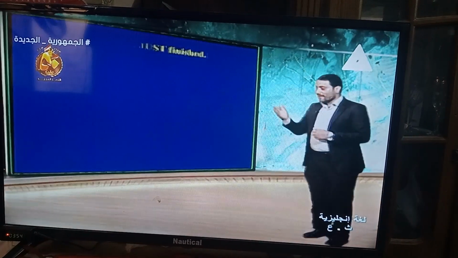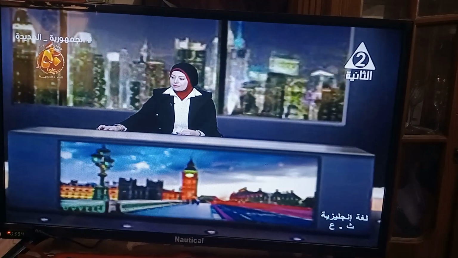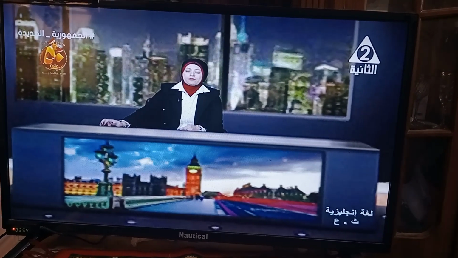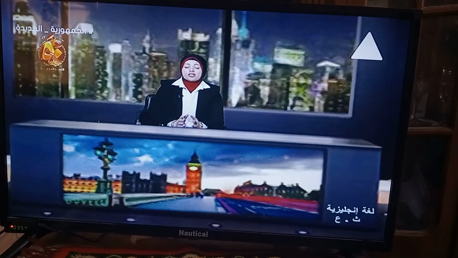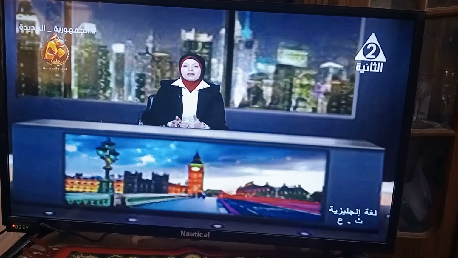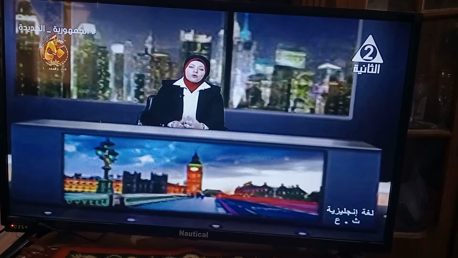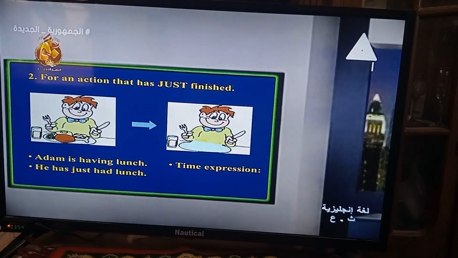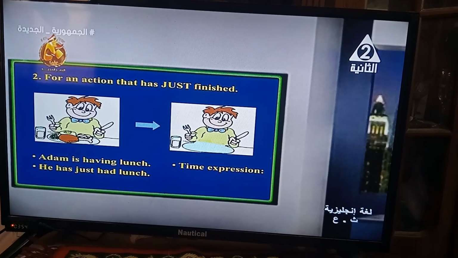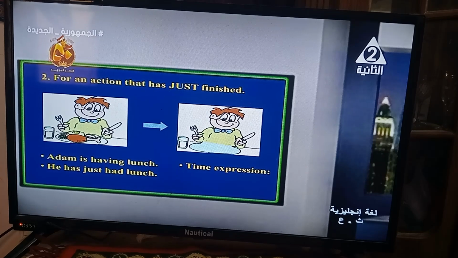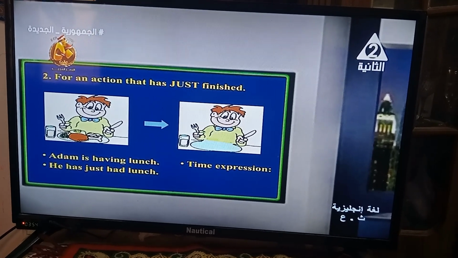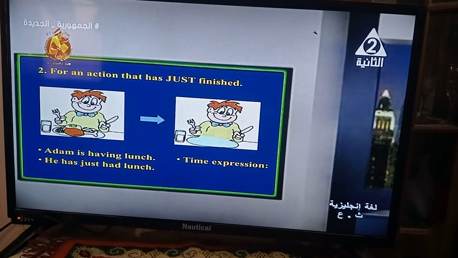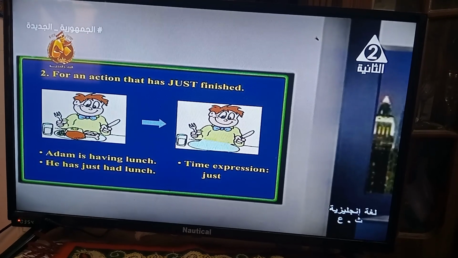So Miss Marwa, the next usage of present perfect. As you can see, sometimes the present perfect refers to an action that has just finished. It started in the past, but it has just finished, so the influence itself is still in the present. If you have a look at this picture, you will find that Adam in the first picture on the left is having lunch, but in the picture on the right he has just had lunch. So in the second picture he has already finished, and you can use time expressions like just